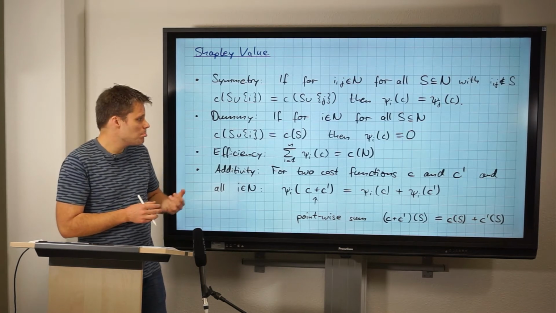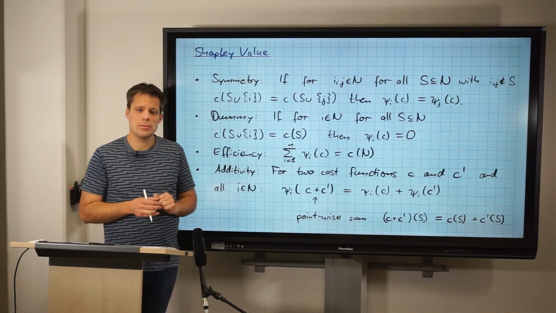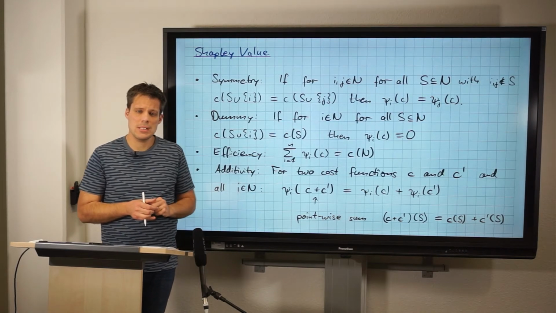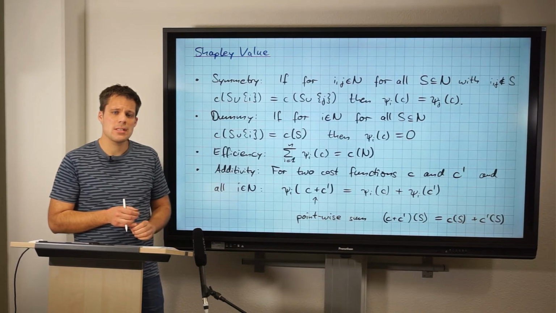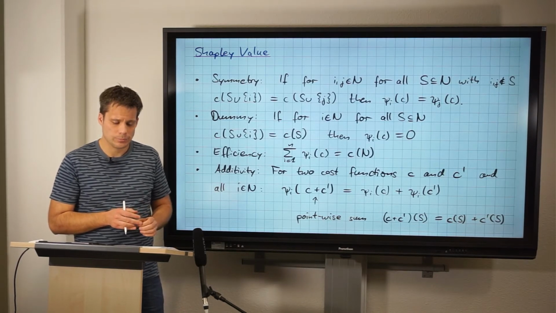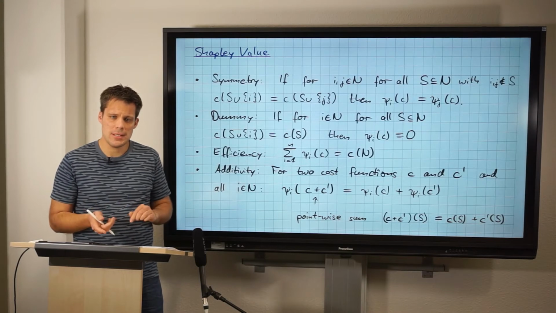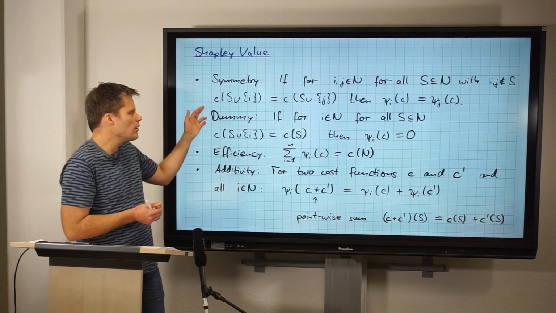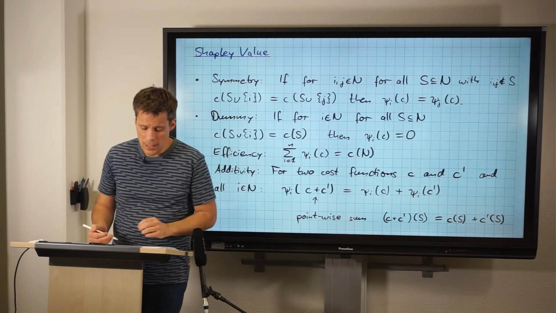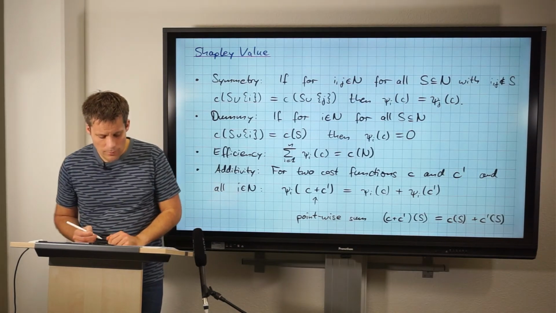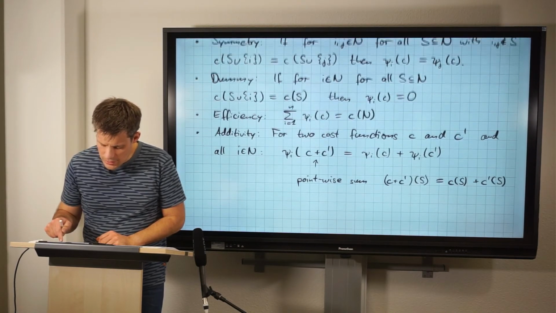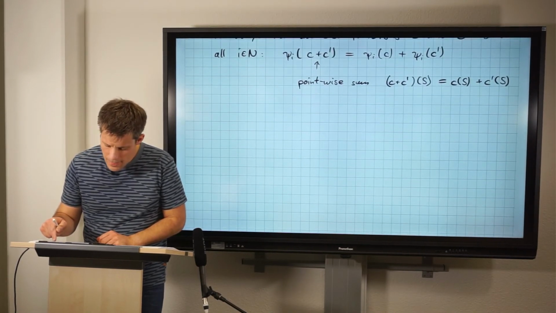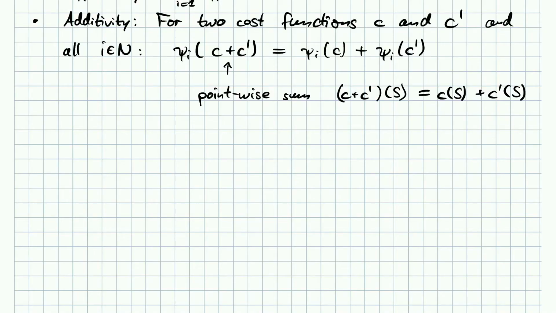So, is there a way to always fulfill these properties? Yes, fortunately there is. And not only this, there is even a unique way. But before we come to this uniqueness, let's first see how we can fulfill all these properties. And to do this, what we'll do is we'll first define an auxiliary function. Namely,